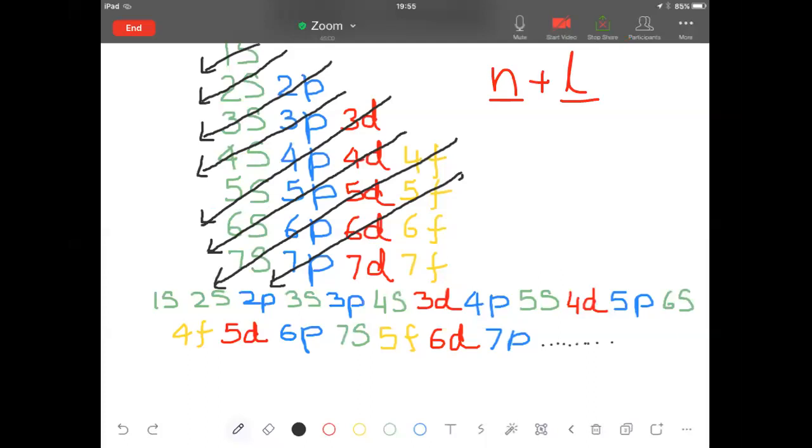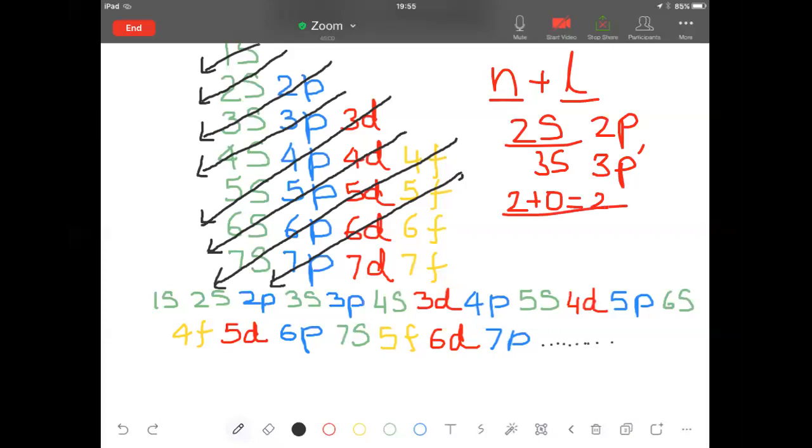Okay. Now one example that we can take here is, let us take the case of 2s orbitals. So if I take the case of 2s orbital or 2p orbitals, and let us take one more, let us say 3s, and 3p. Now you see, if I'm talking about 2s, then n is equal to 2 and l for s is equal to 0. So a total turns out to be 2. That is for 2s. For 2p, it is going to be 2 plus l for p, which is 1. So this turns out to be 3.